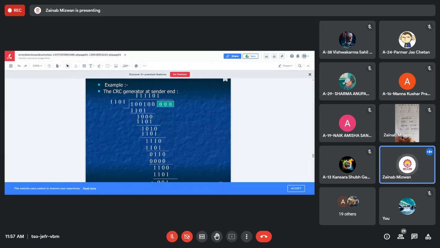So here I am going to first write 1101. What is being given is 100. This is being given to us. Now you can see it is 1101, and my first value is 1. So I am going to multiply with the 1 so that I can get my first MSB as 1 only, so 1. Now I multiply 1 into 1, 1; 1 into 1, 1; 1 into 0, 0; 1 into 1, 1.